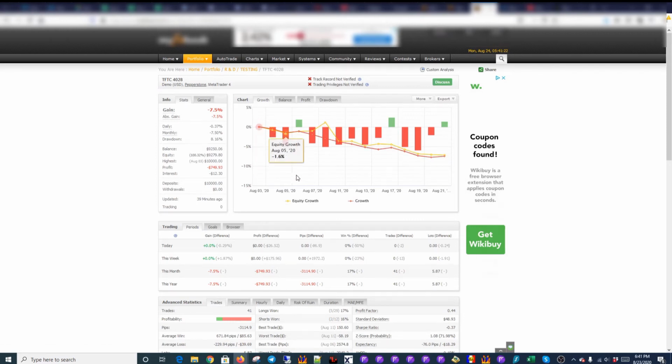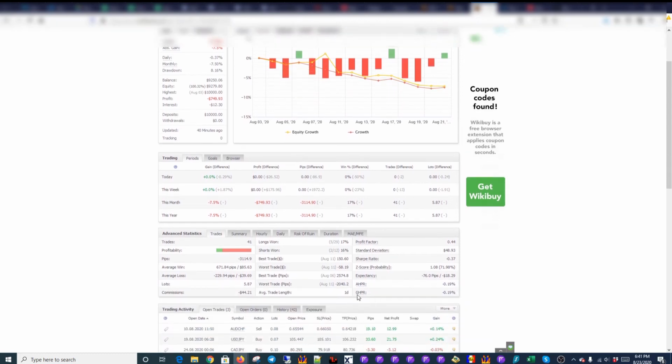It's gone less than a month here, yes, but it's lost 7.5%, basically, with not any drawdown here. You can see the yellow lines above it, but essentially that is drawdown. We've gone from 0% down to minus 7.5% in less than a month. So what I would say is, and again, we're holding trades for one day, we're getting roughly a 3-to-1, almost